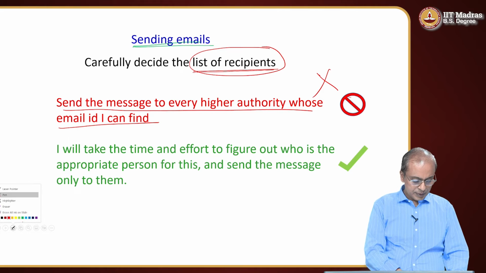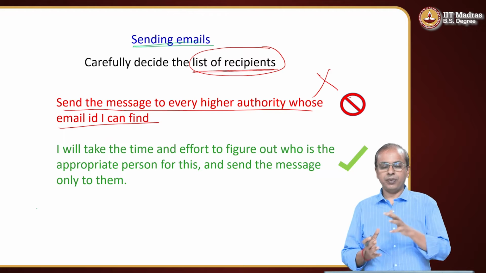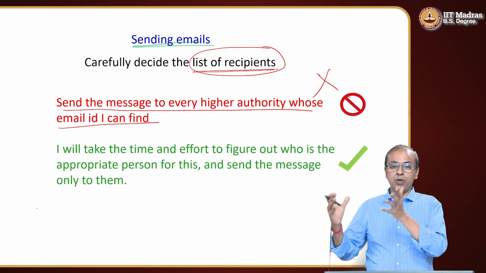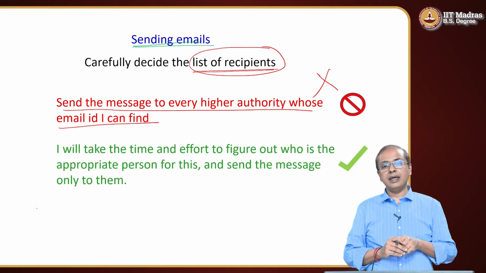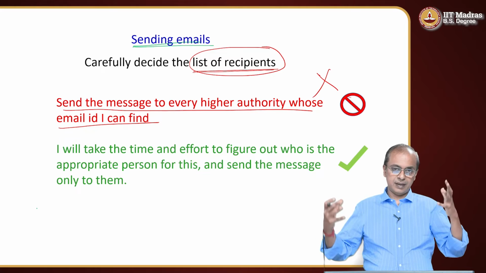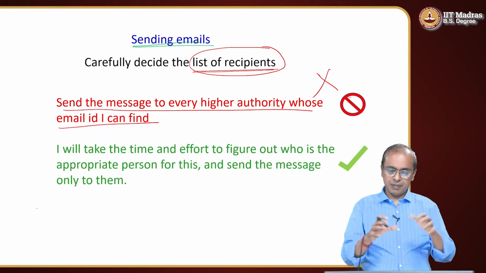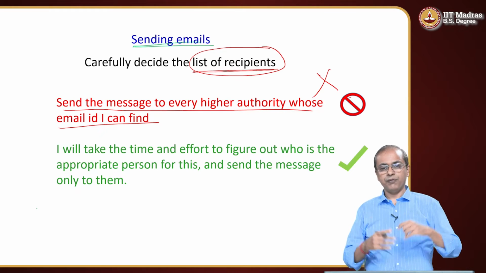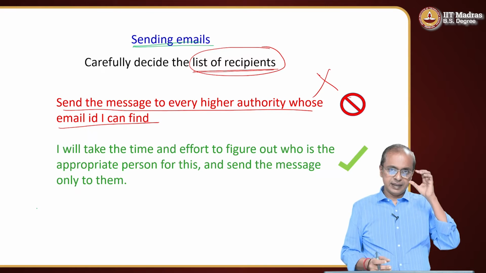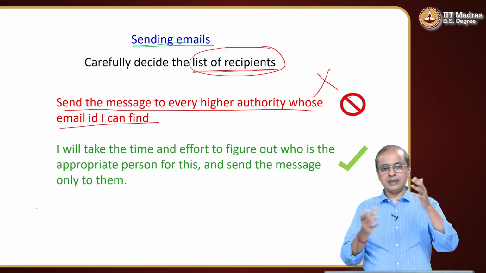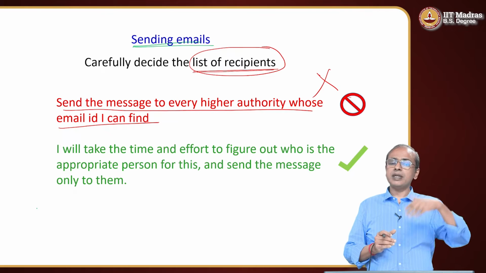So, for example, in an academic institution, you may have a research wing, an academic wing, a hostel related wing, a support facilities related wing, a construction related wing, a maintenance wing, a lot of such things. Food, there will be some set of people taking care of food in the campus and so on. So, if it is an issue associated with course registration, there is no point sending it to the research wing, the hostel wing, the people taking care of the food, or even straight away going to the director.